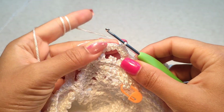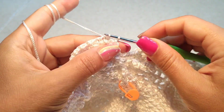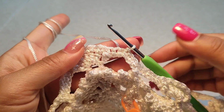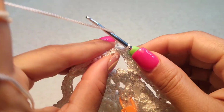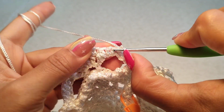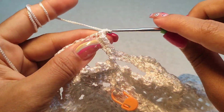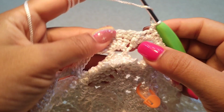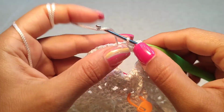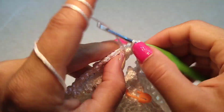For closing round 44, make a slip stitch top of the very first single crochet, and round 44 is finished. Round 45, chain 1, a single crochet into the same single crochet here, 2 front post double crochet around this front post, 1 and 2,